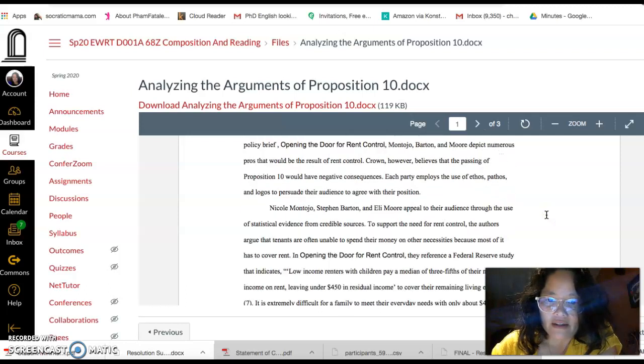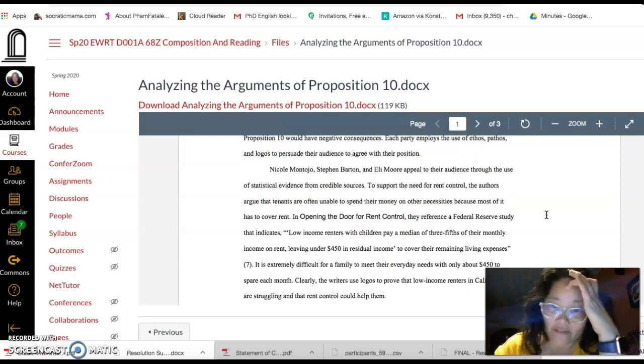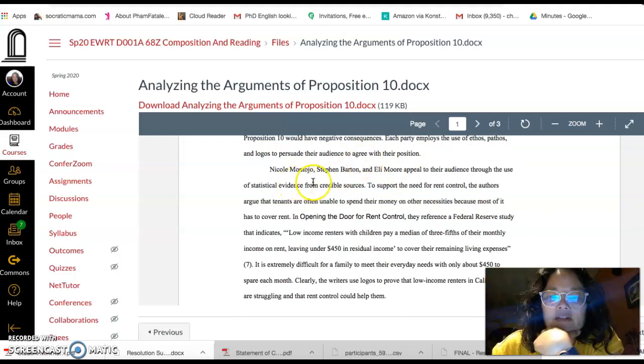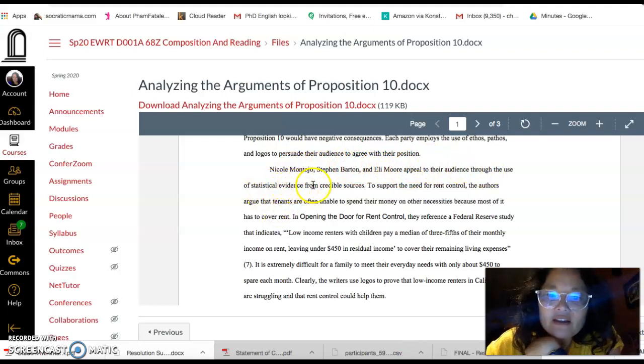So if you look at the first body paragraph, the student takes a look at one of the arguments, and in this case, Montojo, Barton, and Moore appeal to their audience through the use of statistical evidence from credible sources. And so here, the student author is looking at what the authors do to make their point, and that they look at statistical evidence. So in this case, as the student writer says, they take a quote from the article